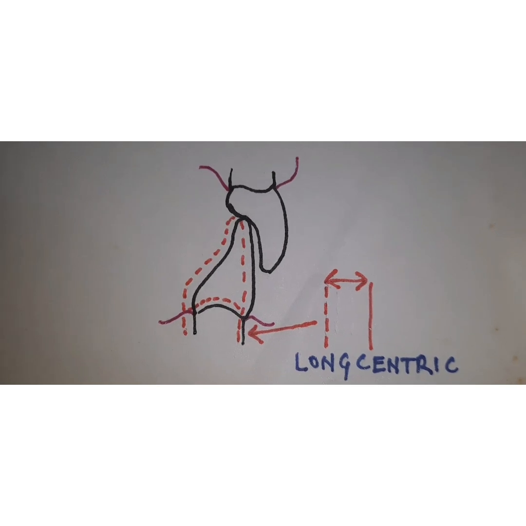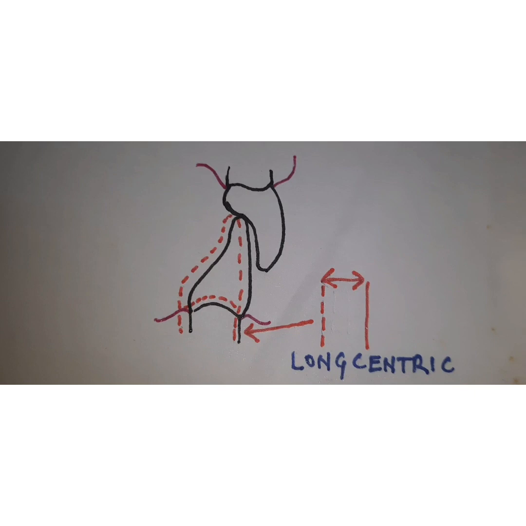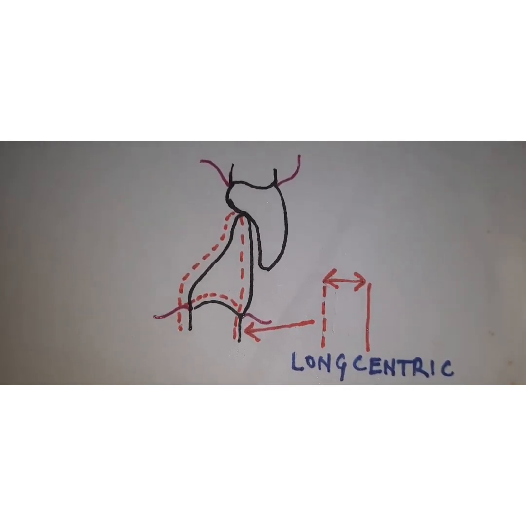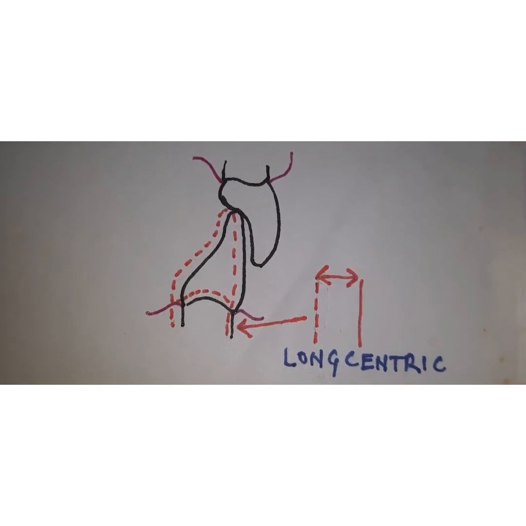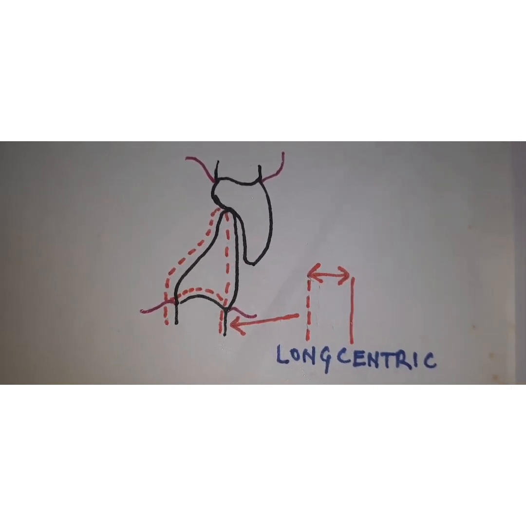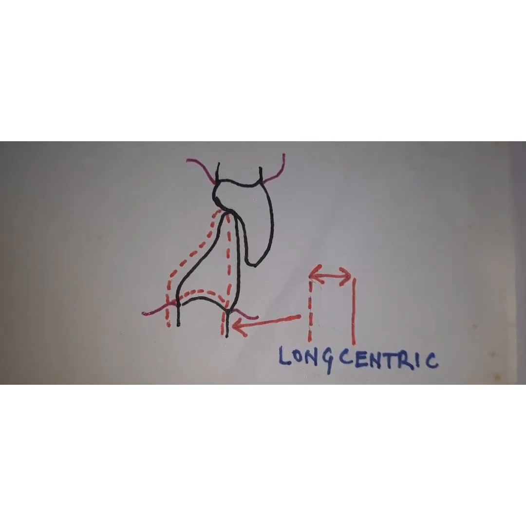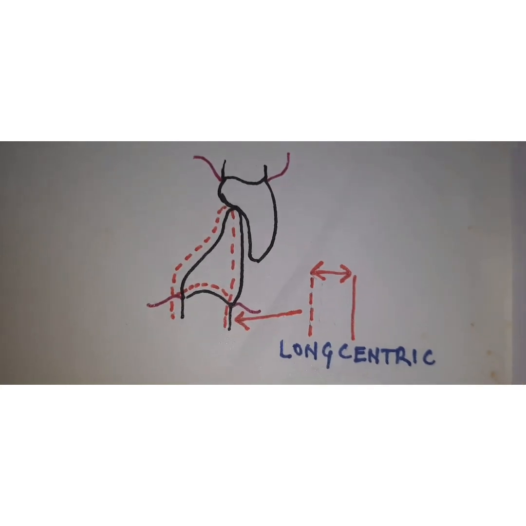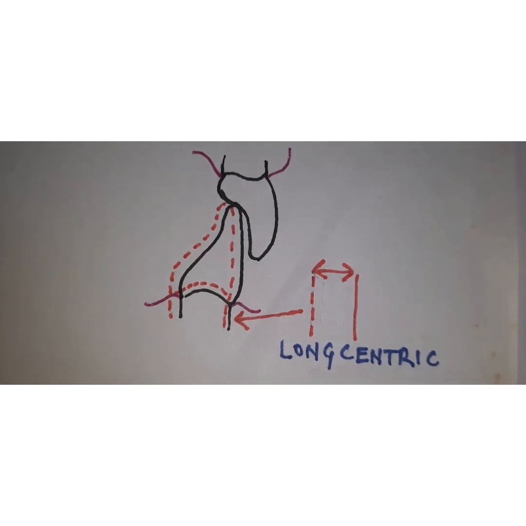So in a concept of group function, you include long centric also so as to provide a proper occlusion. This type of occlusion does not show any harmful effects as seen in the balanced occlusion where excess wear was seen, and it is not difficult to fabricate. Also, this concept was used by Mann and Pankey for full mouth rehabilitation cases. And in the functionally generated path technique also, Meyer used the concept of group function or unilateral balanced occlusion.